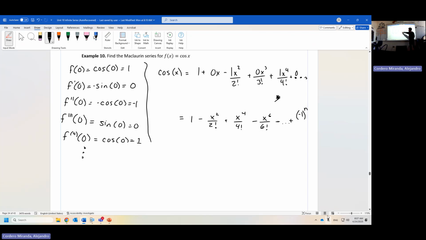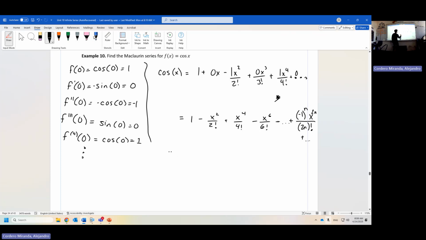Or is it n plus 1? No, normal n, because the 0 with 1 was positive. Okay, so alternating done. Then it's only the even ones, so that should be x to the, do you guys remember how to write just even ones? Nice. Yeah, it's just multiples of 2, so 2n. And then the factorial should match the power. So that would be 2n factorial, like this. Nice. And I think this is a fine way to write it if you put another plus dot dot dot to indicate that you're going to infinity,